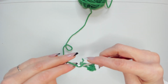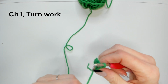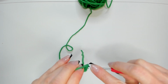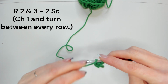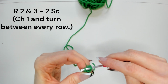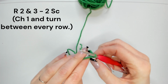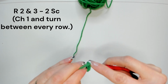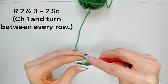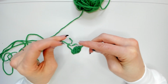Okay, then we chain 1 and turn our work. It's very difficult when it's this little, but anyway, then we turn our work, and then we do 2 rows of single crochet just in those 2 stitches. So that's 1, 2, chain and turn again. 1, 2. See, very tight. Not tight, just small, just hard to work with. Anyway, so we're gonna chain again and turn